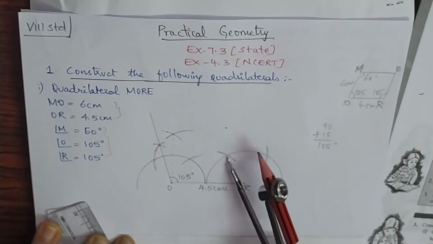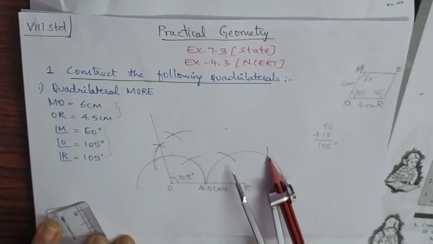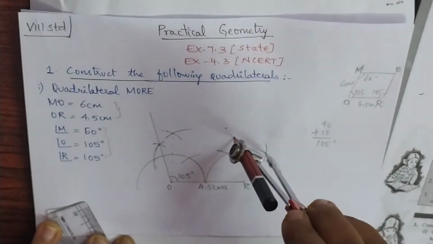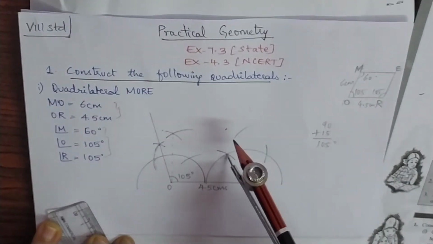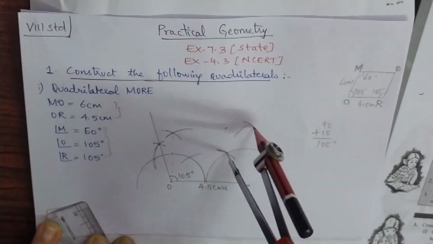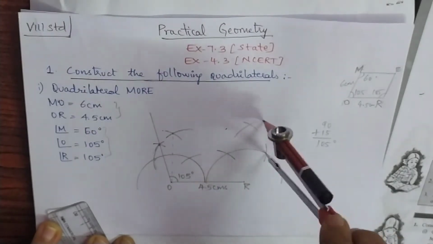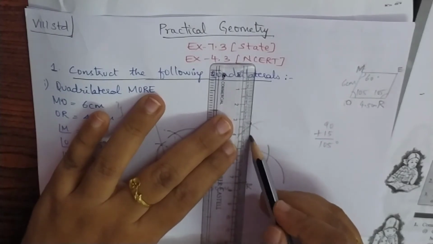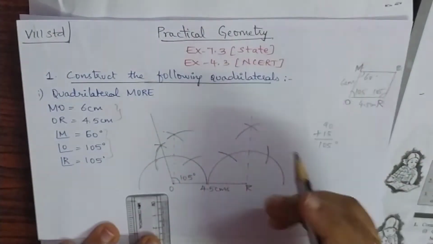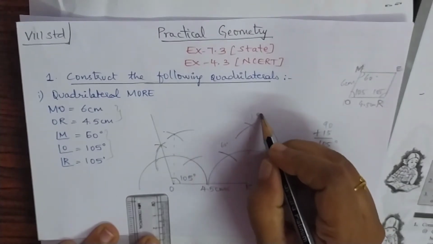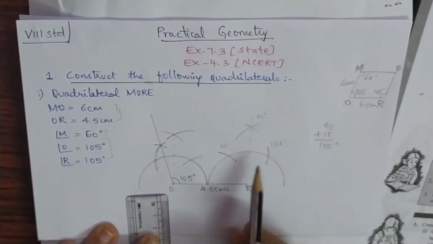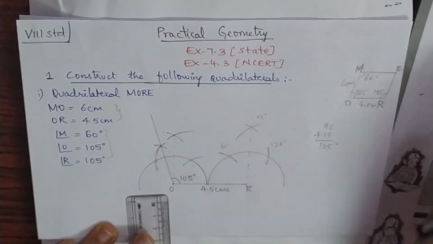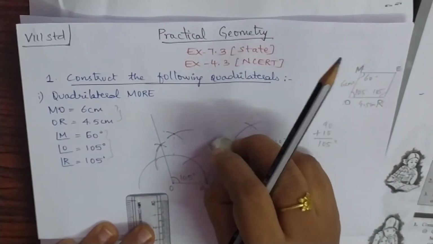Children, the first arc which I drew is 60 degree. Second arc is 120 degree. Now I want 105. Before I could draw 105, I will draw 90 degree. This is the rule. You should draw 90 degree before you could draw 105. Then only you will get 90 degree. Now this line is 90 degree. So this is 60, this is 90, this is 120. Now between these two will come my 105 degree. So between these two, I am going to draw 105 degrees.